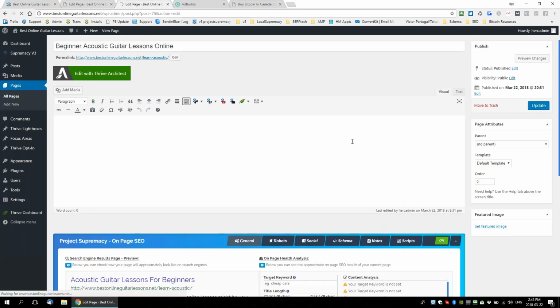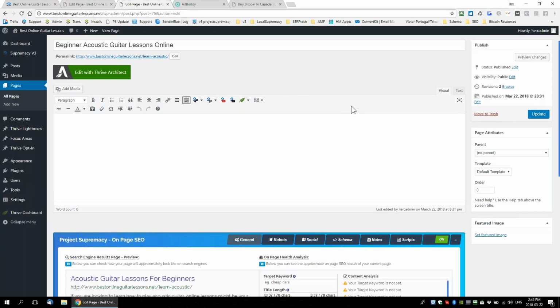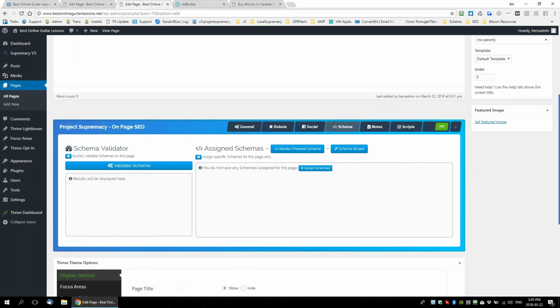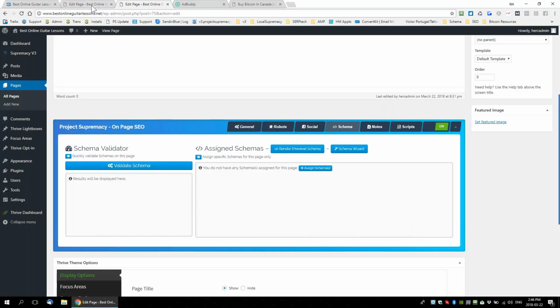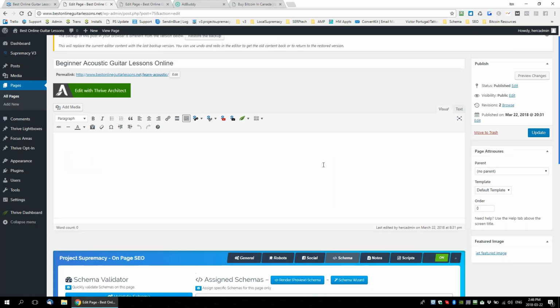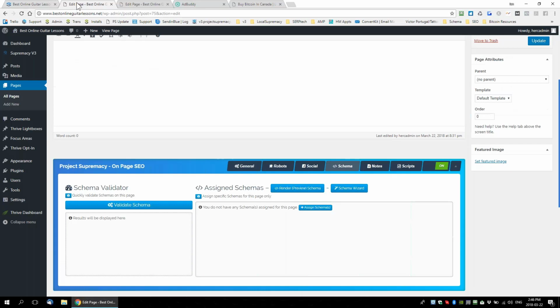Let me just try one more time. I'll press Control F5. That usually clears my cache a little bit. Chrome's a terrible browser, by the way, and I still continue to use it for some reason. Okay, let me check one more time. No, it's not working. There's a bug on there for sure. Okay, we'll get that bug fixed, guys. We're good at that. So anyways, what I did was I basically just assigned a homepage schema to that page,